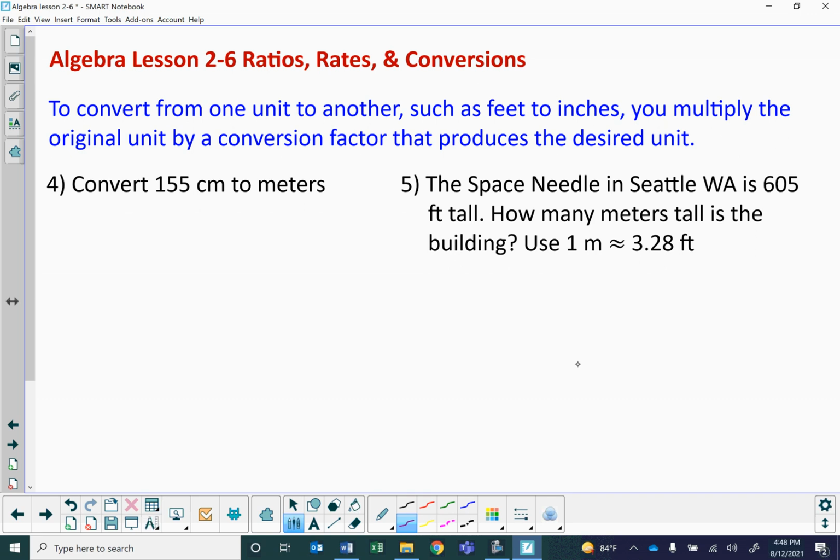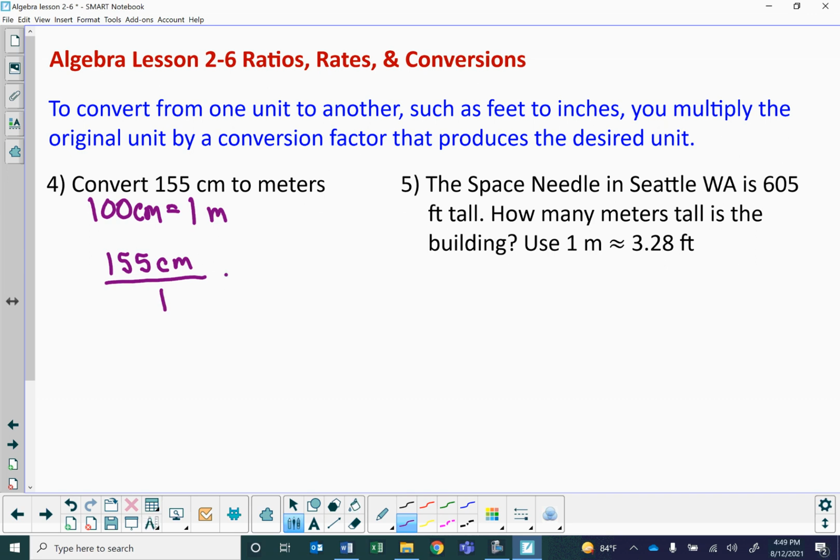Well, the first thing you have to know is that 100 centimeters is equal to a meter. That is something you should know. If you don't know it, now you do know it. So 100 centimeters is equal to a meter. So 155 centimeters